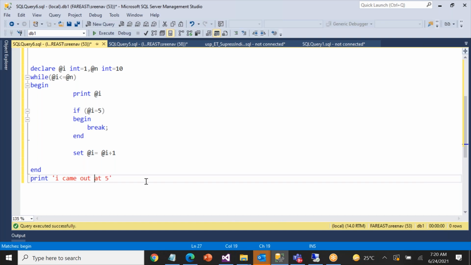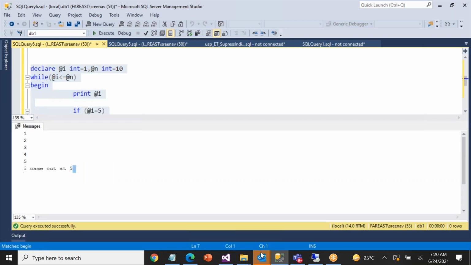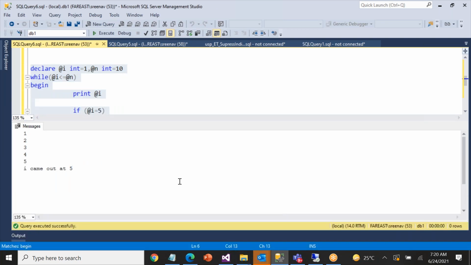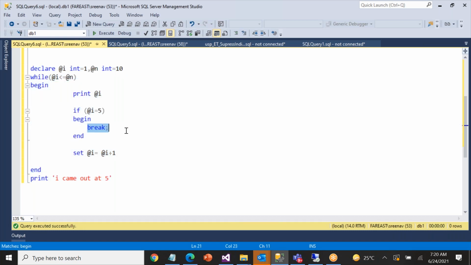I came out at 5, right? So let's run this. 5 times it is looped and then it came out. So how do you break the loop? By using a break, or